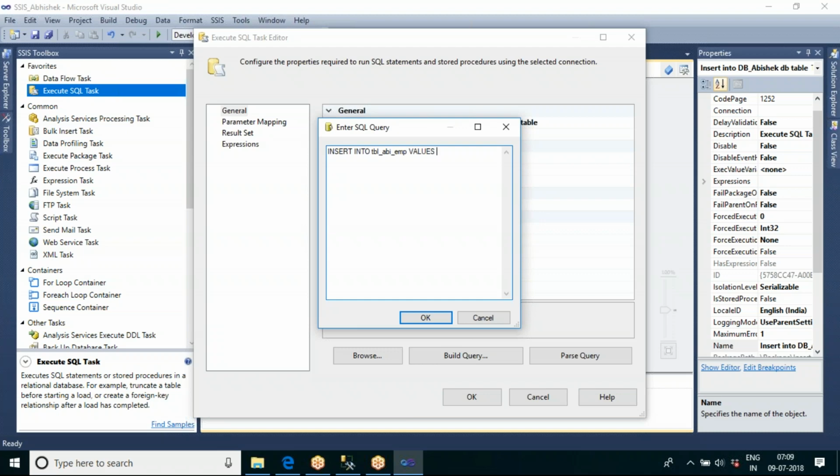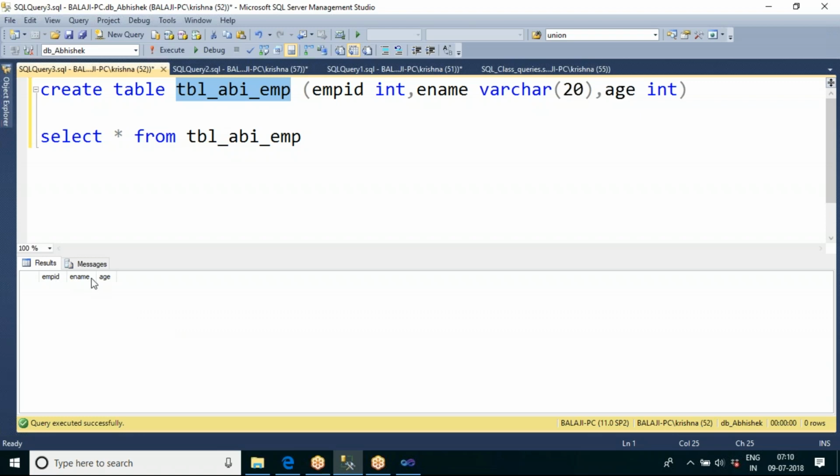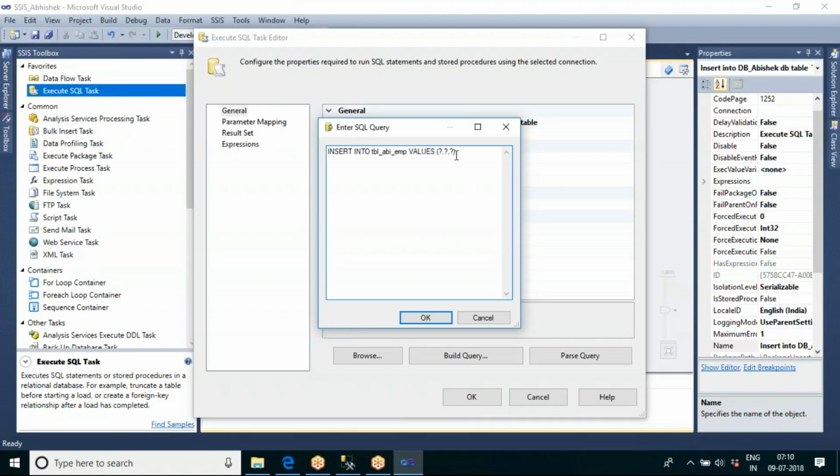I should not hard code, no? Then specify question marks: question mark, comma, question mark, comma, question mark. Three question marks because this table contains only three columns. Since you don't know which values you want to insert, specify question marks.